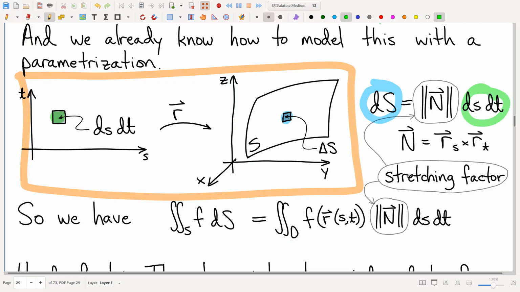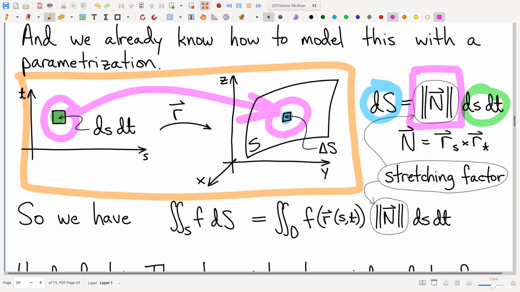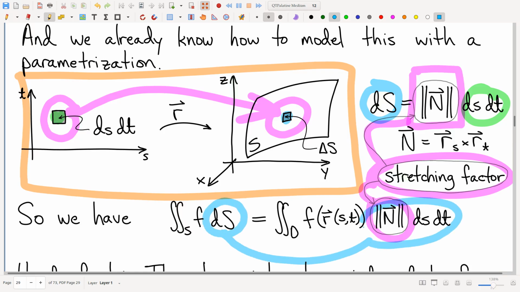We've already computed this stretching factor, the thing you multiply by to get that, capital N, the magnitude of capital N. That's our stretching factor. And so just insert that into the expression where you have your dS. dS is the magnitude of capital N times ds dt. And everything else pulled back,